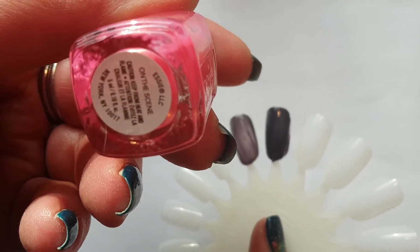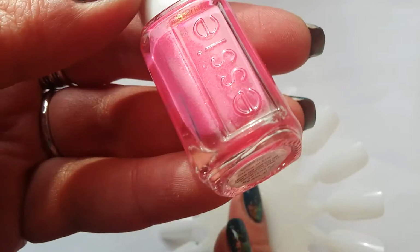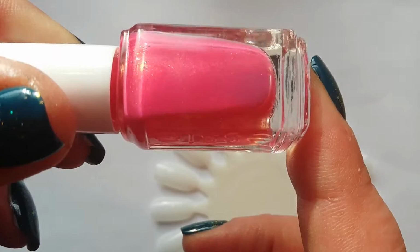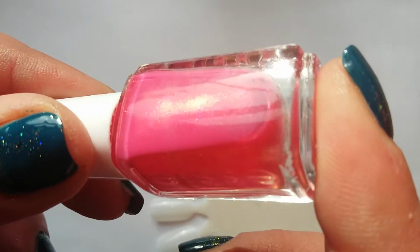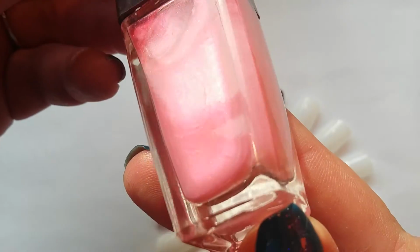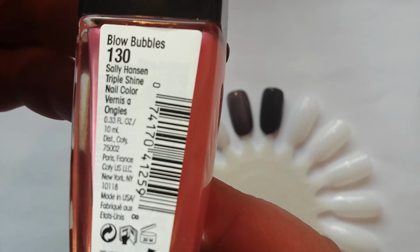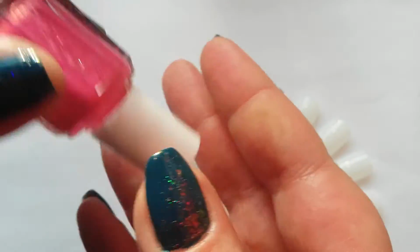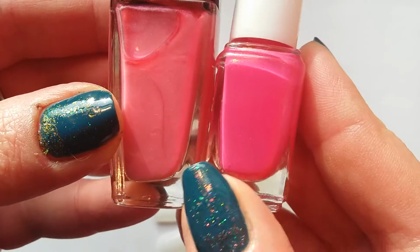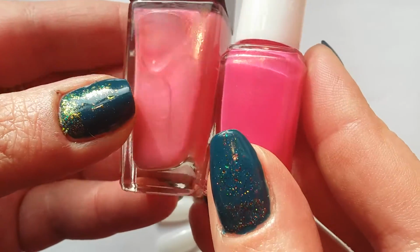This is from the Essie Brights mini set, and this is On the Scene, and it's a shimmery bubblegum pink. It's got like a gold shimmer in there, and it reminded me of a Sally Hansen that I picked up not too long ago. This is Blow Bubbles and On the Scene, and in the light here and in the bottles the Essie does look quite a bit darker,